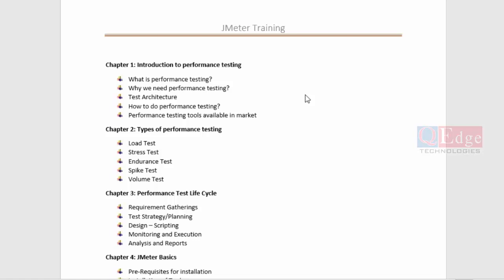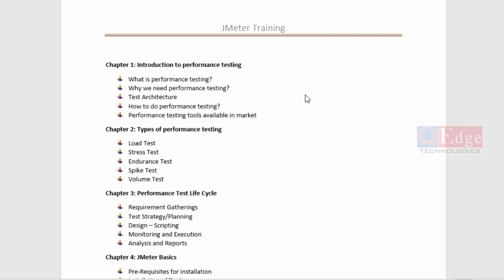it has been broken down chapter-wise, where we'll first give an introduction to performance testing using various slides. It's more of a static terminology, which will be limited to only one or two sessions. And post that, we will be working on something live. So we'll pick a random application and host it on our local machine, which will be used for our own practice.